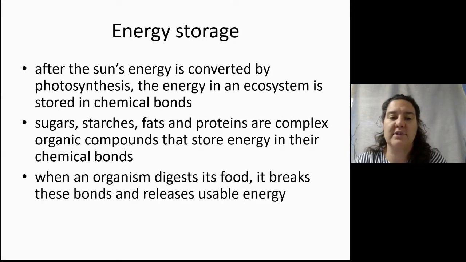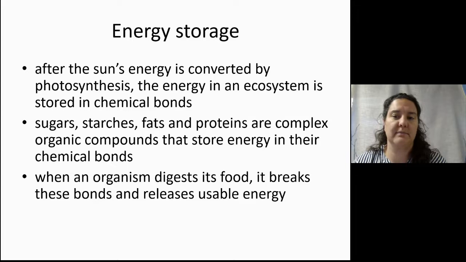So after the sun's energy is converted by photosynthesis, the energy is now stored in chemical bonds of different glucose and starches. Sugars, starches, and fats and proteins are now going to be the complex organic molecules that store energy in the chemical bonds of animals. When an organism digests food, it breaks down these bonds and releases usable energy to maintain homeostasis, cellular activity, and moving around to